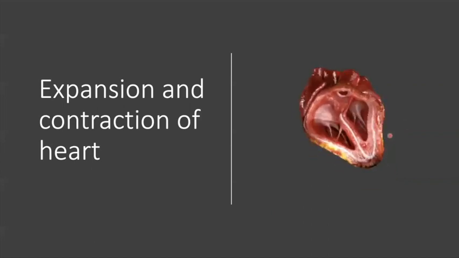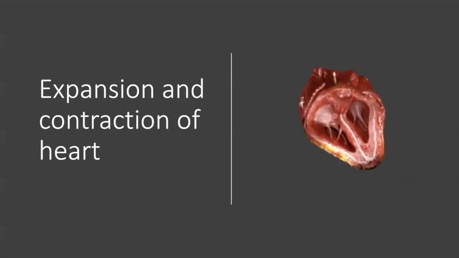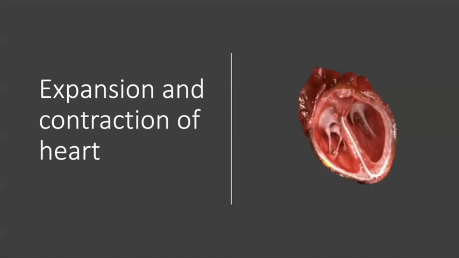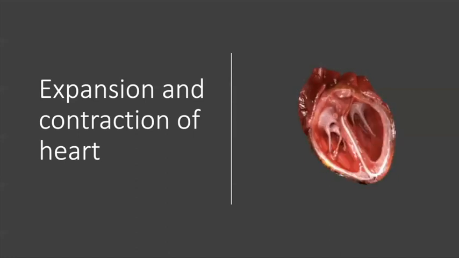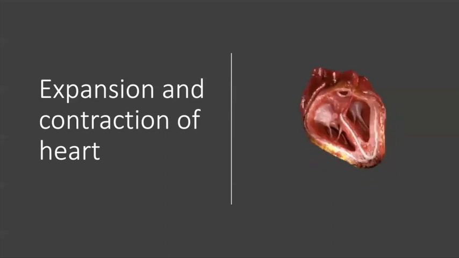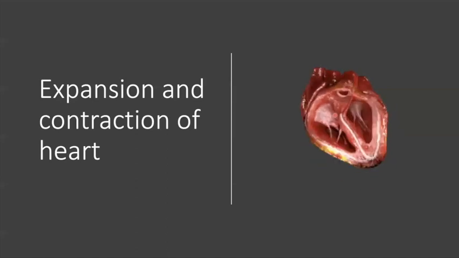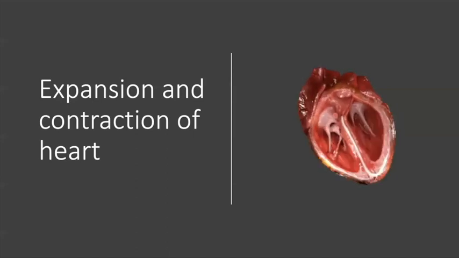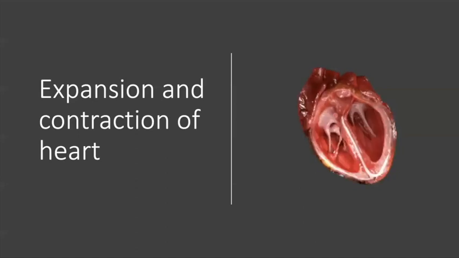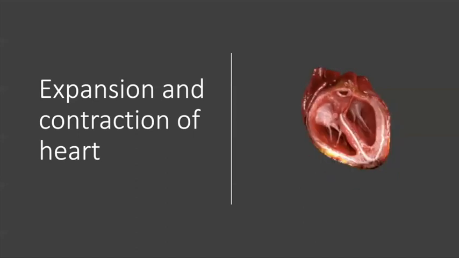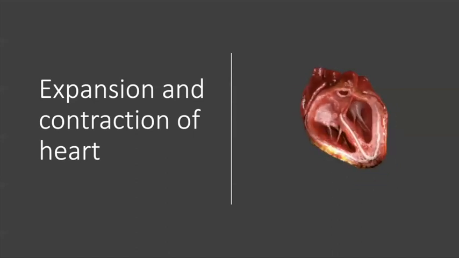So this is how you can see in the figure here, the heart is contracting and expanding, and due to this contraction and expansion, a heartbeat is created, and this cycle continues, that is, expansion and contraction continue all the time. That means the heart pumps the blood away from it, and sometimes it takes the blood in so it gets expanded, and another time it is circulating that blood to the whole body.